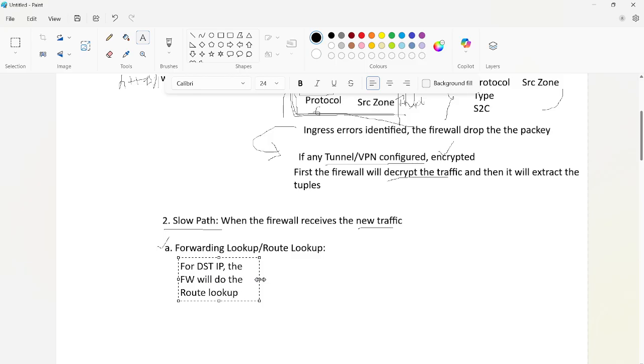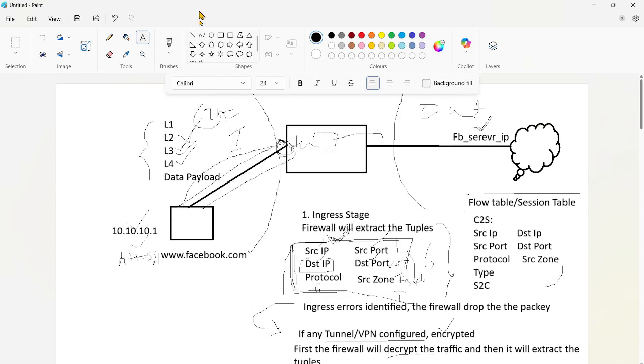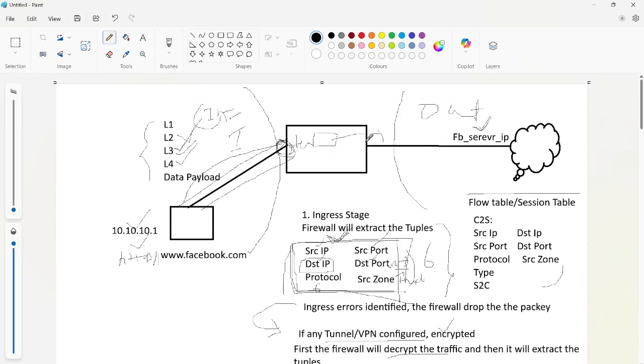In this route lookup, it identifies the route to the destination and also the exit interface, which is the firewall's interface connected to the public network.